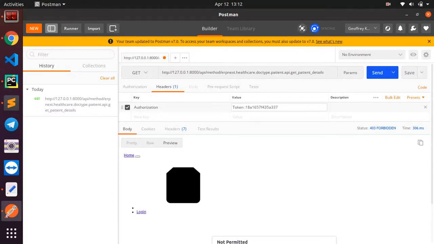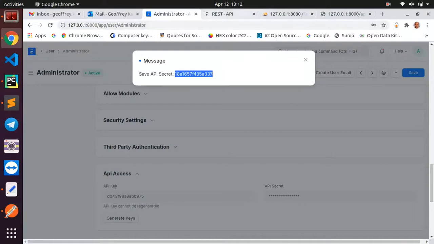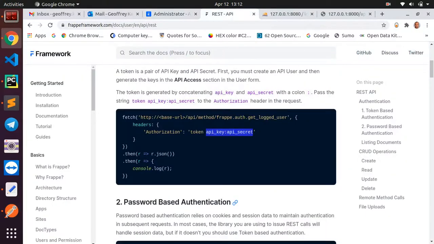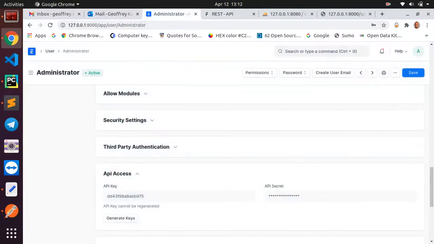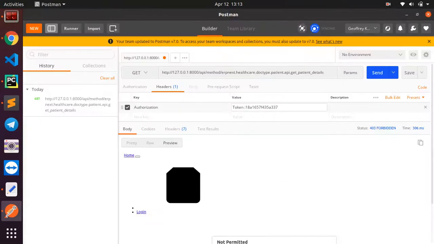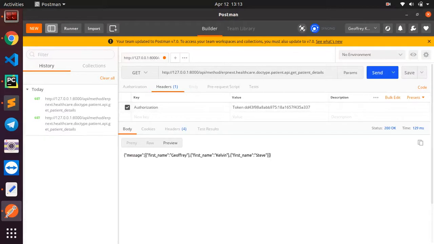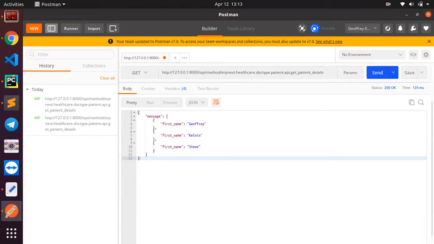That is the secret. If you come to the documentation, you see that we are told to give the token, colon, the secret. So back here we have the secret, and then we just copy the token. This is the key, sorry, the key and then the secret. So go back to your Postman and paste it there. So we have that. If we push that one more time, we get our data. If we view the pretty one, here we go. So we have the message and the first name,